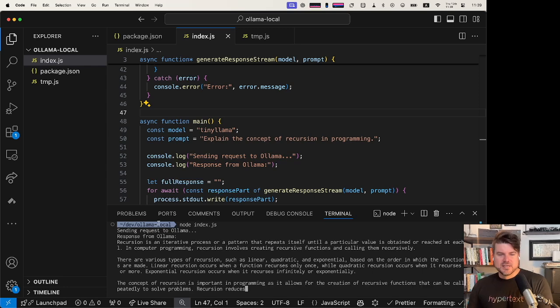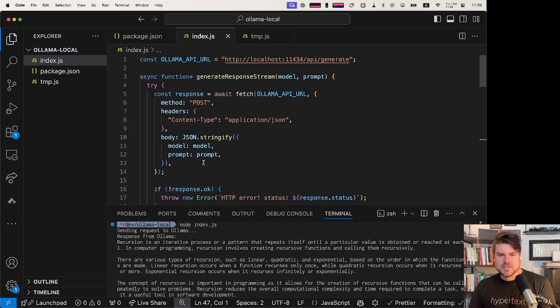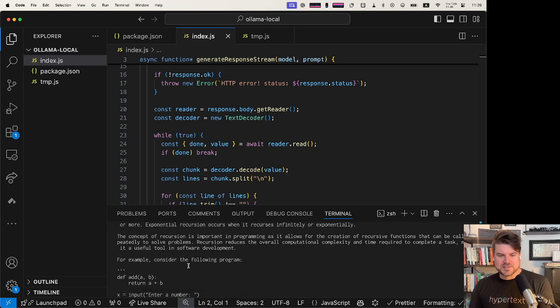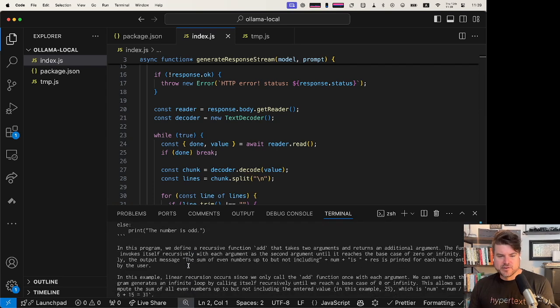Yeah, so you can see, let me scroll back up. We ran the script. It sent the request to Ollama, which is running locally on my machine, because you can see the endpoint here, right? This is just running on localhost. Ollama sets you up on this port on localhost by virtue of just installing Ollama. So this is just there, and you can call endpoints on it. The endpoint we're calling is generate, or /api/generate, which does what it says on the tin. And then from there, you saw that it just streamed out a response that explains recursion